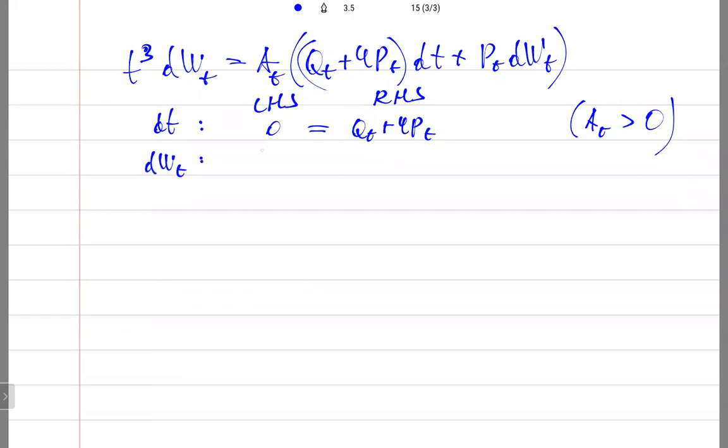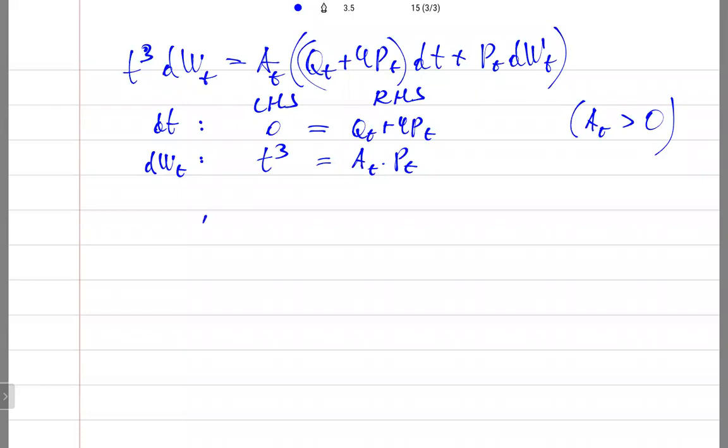In the left-hand side, I have t cube. In the right-hand side, I have At times Pt. Okay? Yes. Okay. Now let's go to,